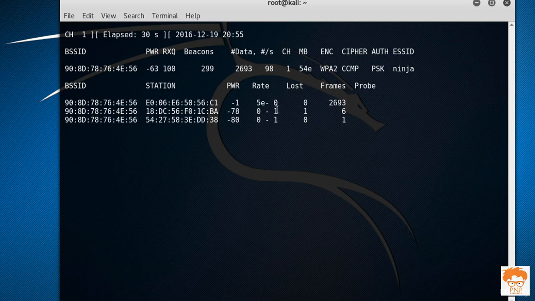Now you can see data is increasing at a very high rate. It means this router is quite active. The traffic on this router is very high. So what we can do here is we can do the sniffing of these stations which are connected to the BSSID. So for doing the sniffing, you need to simply press Ctrl C